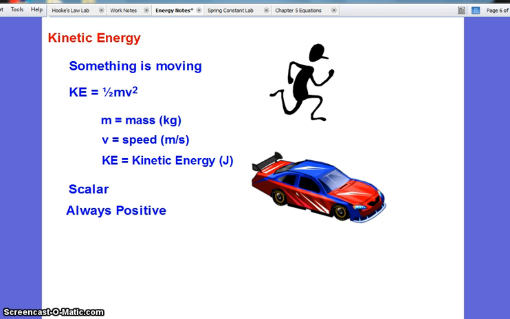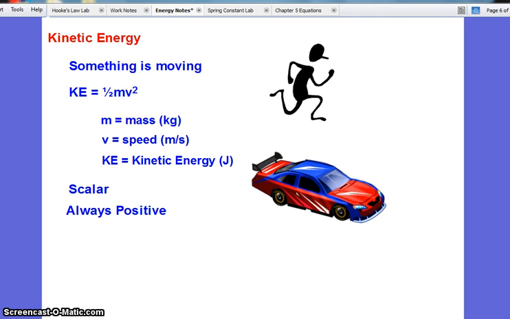Like the car that is traveling, work is being done. The person running, work is being done currently. It's not the potential to do work, but is currently doing that work. Our equation is that the kinetic energy is 1/2 the mass times the speed squared. So it is a scalar, just as all the other energies and work before it have been. Mass you want to make sure is in kilograms, speed is in meters per second, if you want energy in